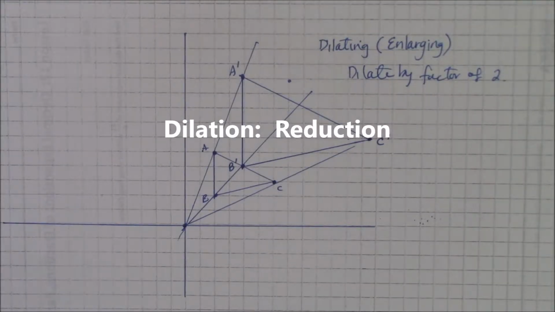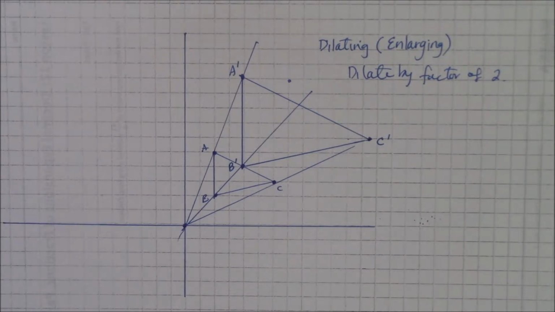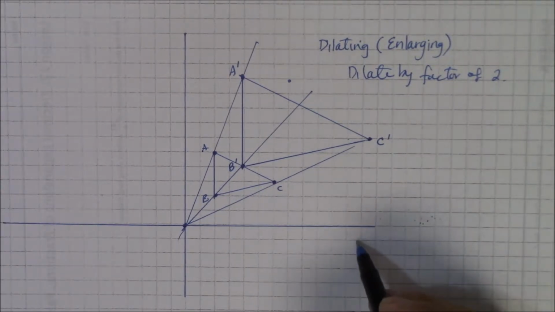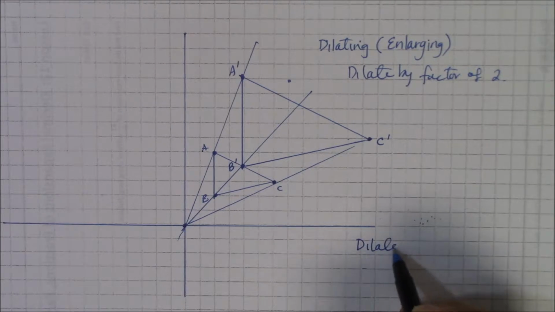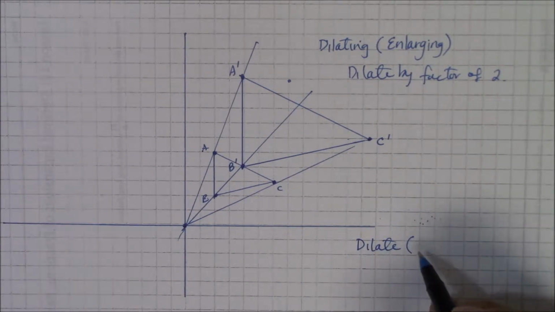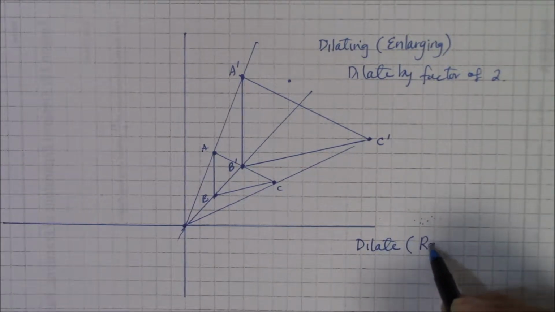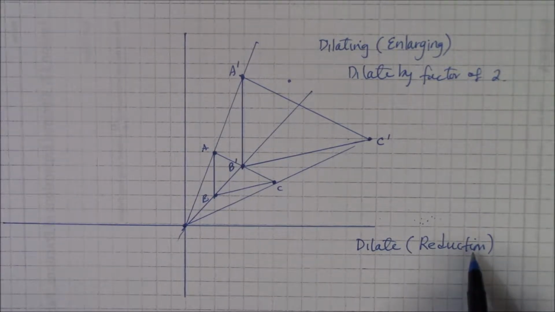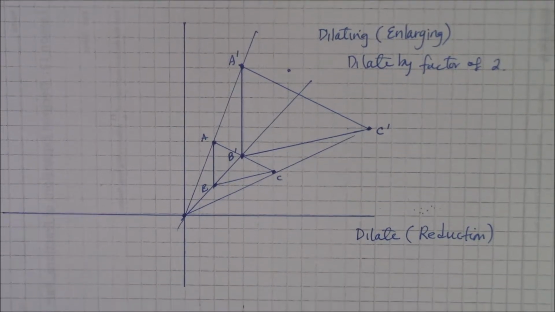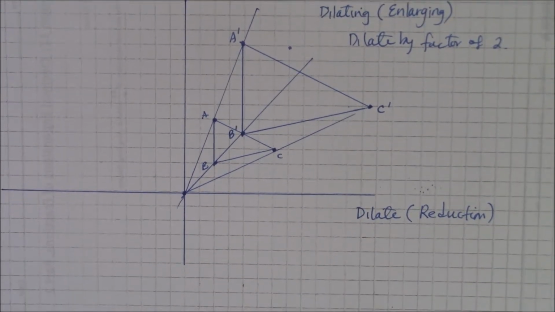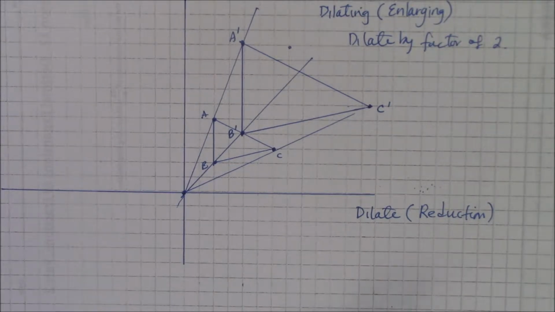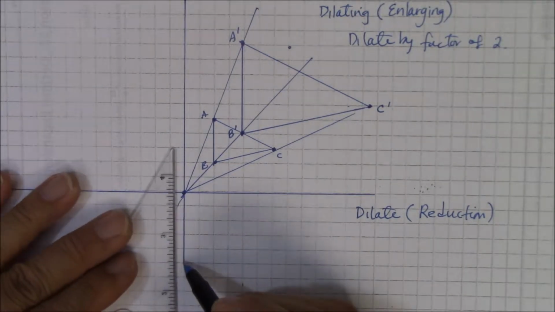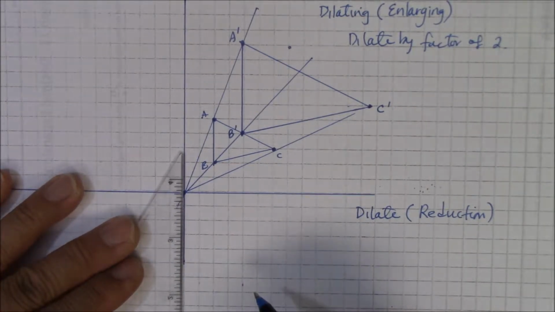Hi, this instructional video is on dilation, but this time we're going to do a negative dilation, which is a reduction. We're going to make it smaller. Let me move the camera a little bit here. There we go. And this time, what I'm going to do is draw some random polygon